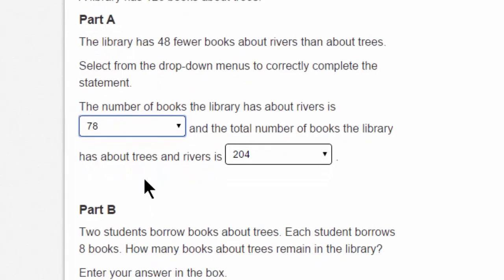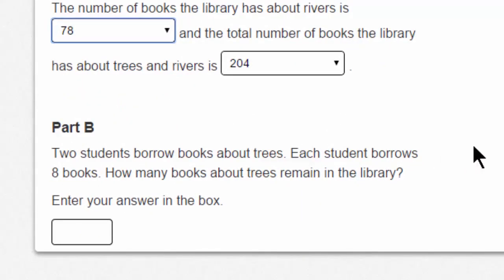Let's look at part B. Two students borrow books about trees. Each student borrows 8 books. How many books about trees remain in the library? Two students borrowed books and each one borrowed 8 books. How many books total did they borrow? 8 plus 8 is 16, or 8 times 2 is 16 as well. So they borrowed 16 books